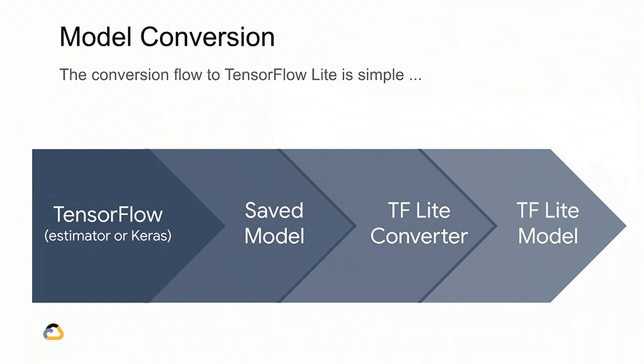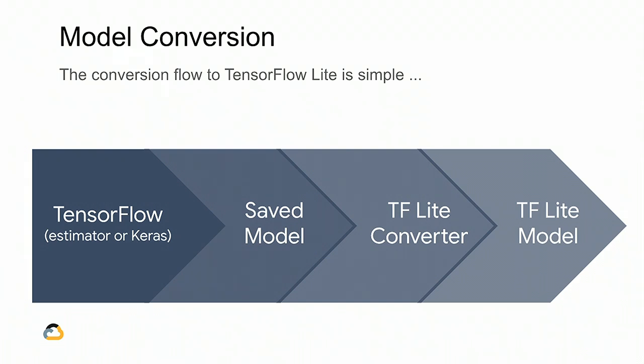So there are 4 steps in this. First of all, you build your model by either using a pre-trained model, retraining, or creating a model from scratch. Then in TensorFlow you save it as what's called a saved model. A saved model is a file format that we're standardizing on in TensorFlow 2. The idea behind saved model is that when you use that file format, it'll work on enterprise-grade scenarios in the cloud, it'll work on mobile, it'll work in JavaScript in the browser, that type of thing.